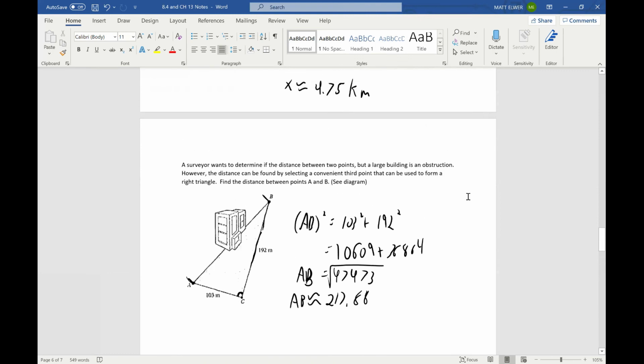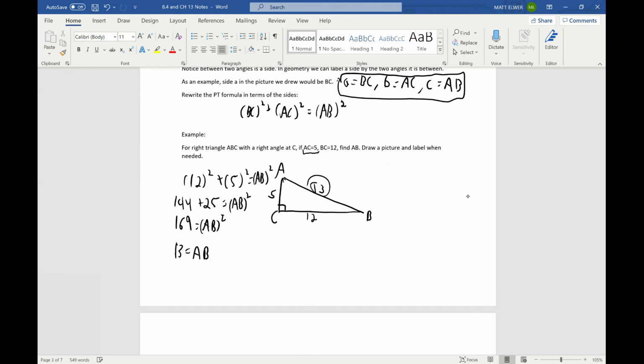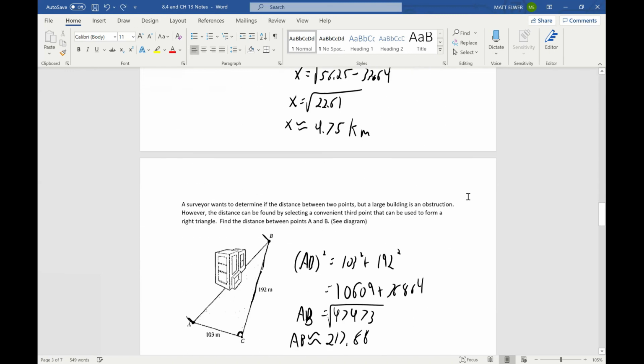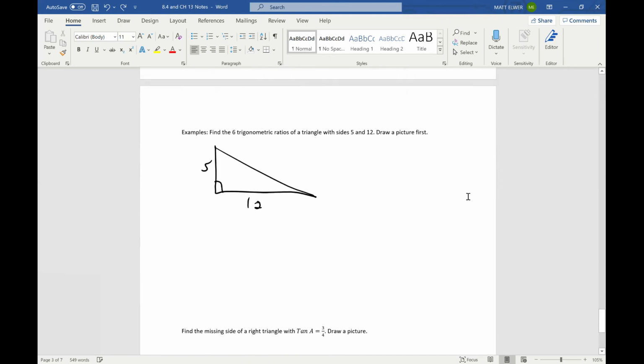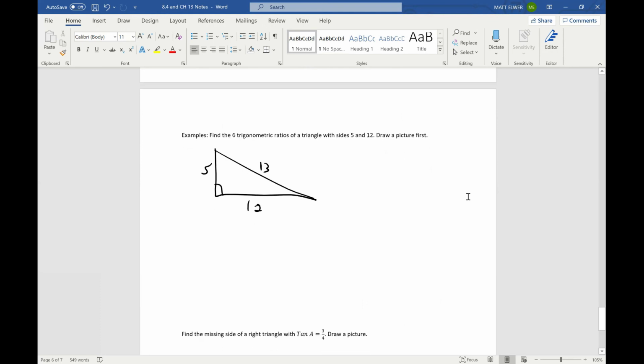I think from our previous one, we know what that is, right? Yeah, so we know that we have a side length of 13 already. So instead of having to solve for this with the Pythagorean theorem, I'm just going to substitute that 13 in, because we already know the answer from last section. So if I want to find the sine of A,